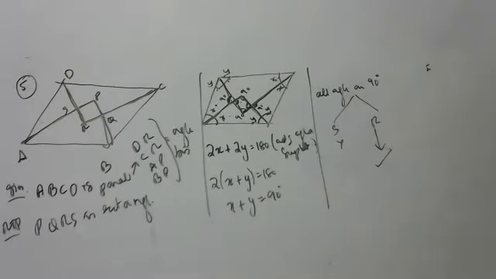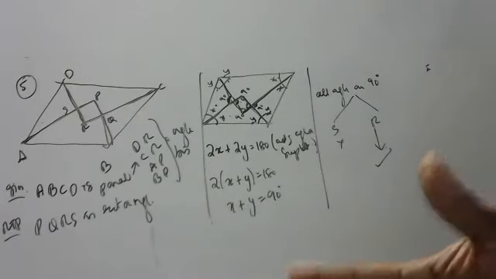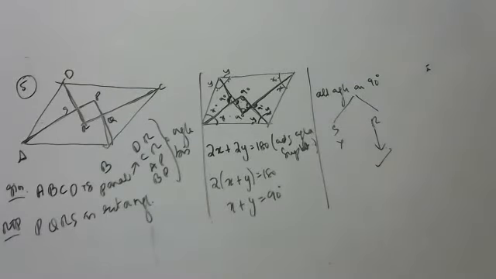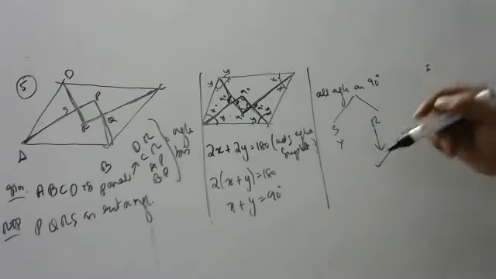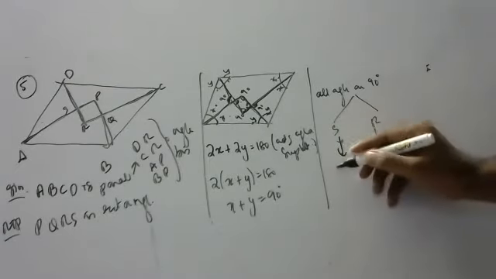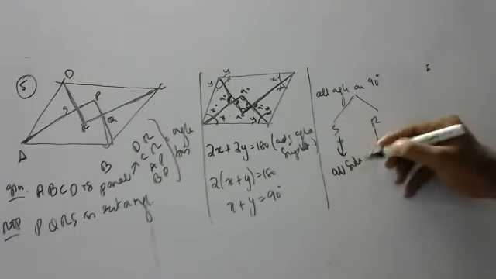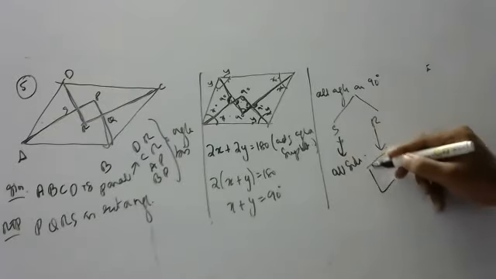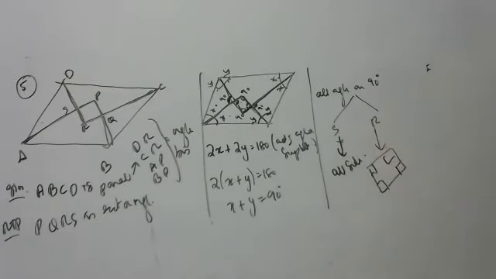Sir, how are opposite sides equal, sir? We didn't say. Did I say opposite sides are equal? I didn't say, no. I just said it is a rectangle. That's it. That's what I'm saying. If it is to prove a square, compulsorily we have to prove that all sides are equal. We got all angles 90 degrees. Let it be anything.